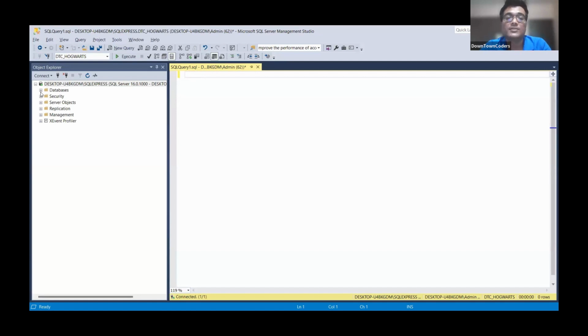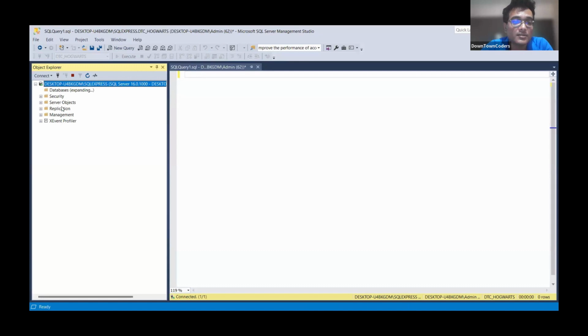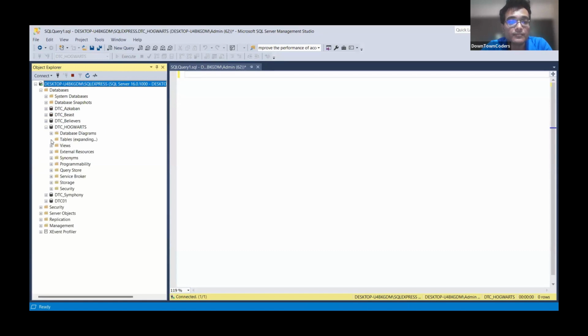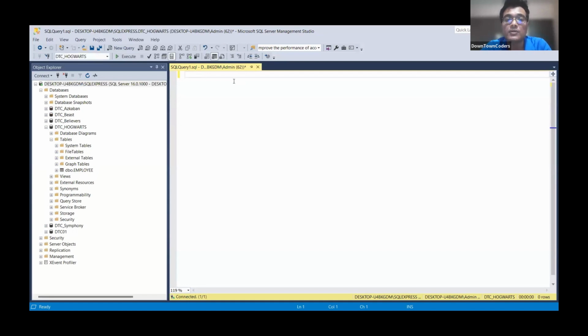So for that reason, did we create any table in our last class? Now, what information is present in the table? What are the fields involved in the table? What are the data types of those fields? We all need to study whether there is a primary key, a foreign key, and a lot of other things which we will learn. But in order to see the structure of the tables,